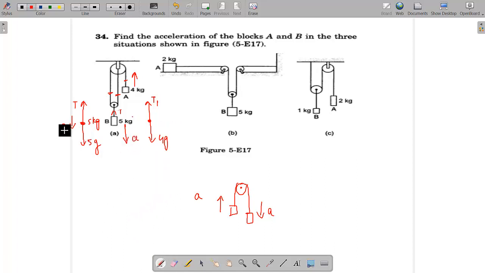So if we are assuming the acceleration of the 5 kg block as A, the acceleration of the 4 kg block will be 2A upwards. This is okay, no? So when the 5 kg block moves a little, the 4 kg will be moving with twice the speed. Understood, no? Okay. Now can you write the equations? Let's say for this one, if you write the equation, how are you going to proceed? The total force equals mass into acceleration. That is the way we do.